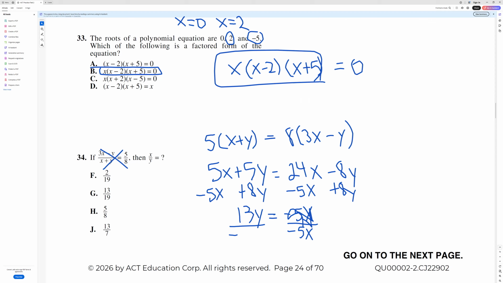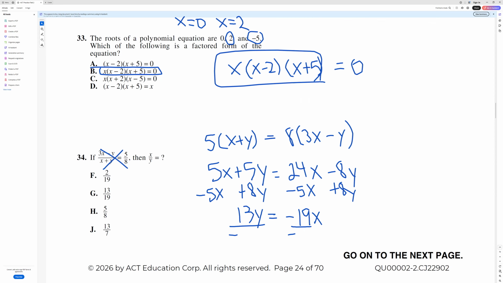So it's negative 19x. All right. So let's divide by negative 19. Divide by negative 19. And so I have that 13y